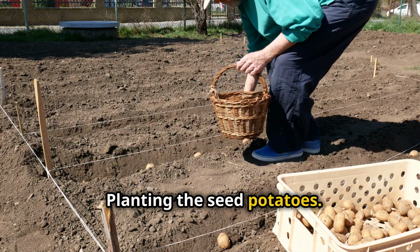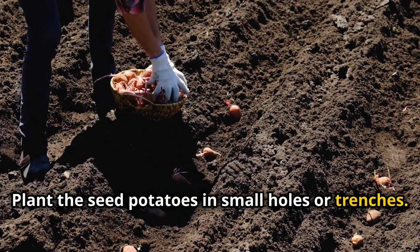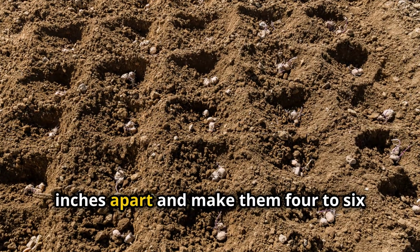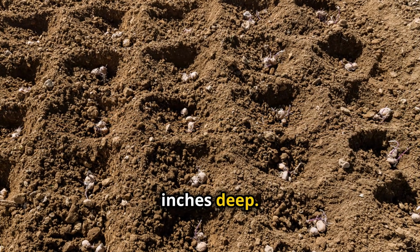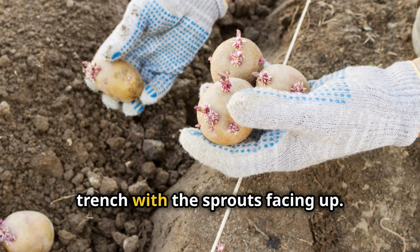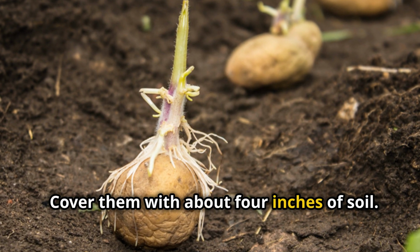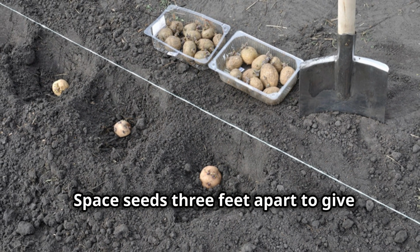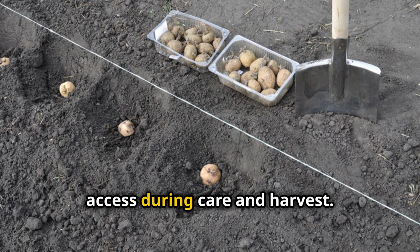Planting the seed potatoes. Plant the seed potatoes in small holes or trenches. Space the holes about 12 to 15 inches apart and make them 4 to 6 inches deep. Place each seed potato in the hole or trench with the sprouts facing up. Cover them with about 4 inches of soil. Space seeds 3 feet apart to give the plants room to grow and allow for easy access during care and